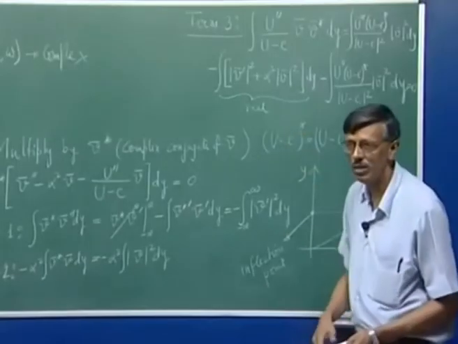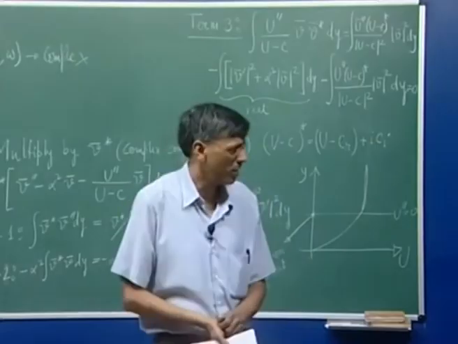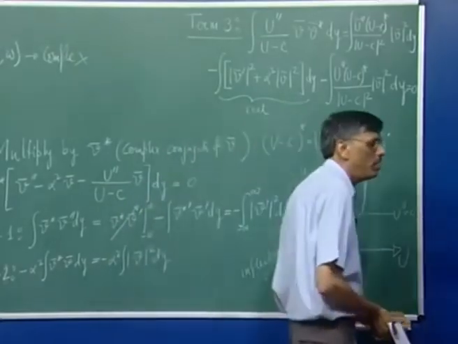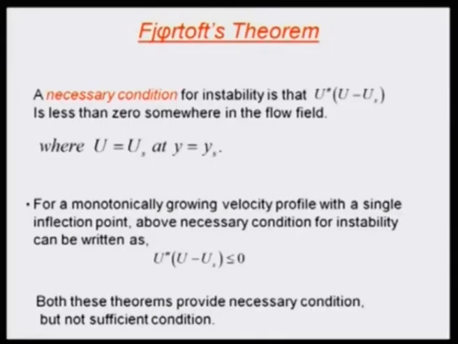What happens to the real part? What happens to the real part? That is what Fjortoft investigated, and he came out with an improved version of Rayleigh's theorem, which now goes by the name of Fjortoft's theorem, and which says that